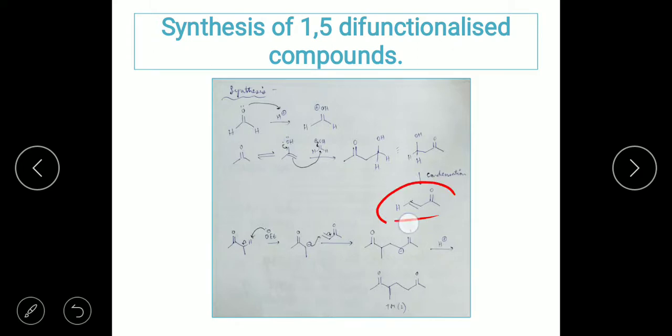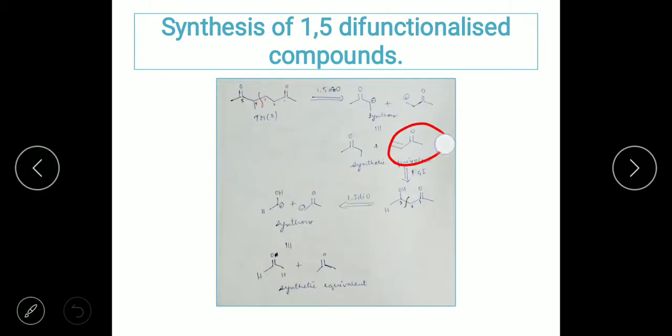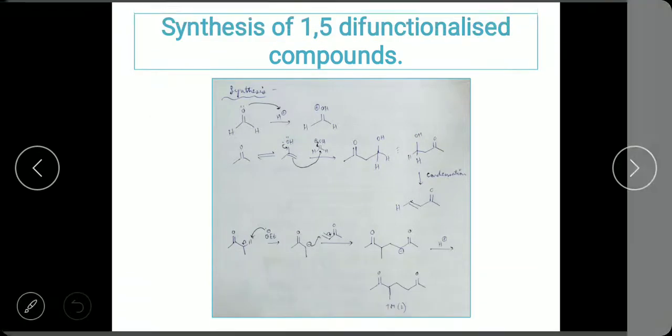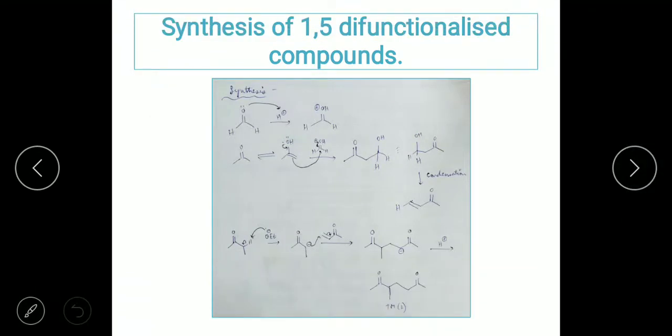Now here we have the formation of the alpha beta unsaturated compound. Now this is going to react with the ketonic group. The next step, we have the carbonyl group. Again we have the alpha carbon and the proton, which is highly acidic. Hence we can easily abstract the proton using a mild base, EtO minus,